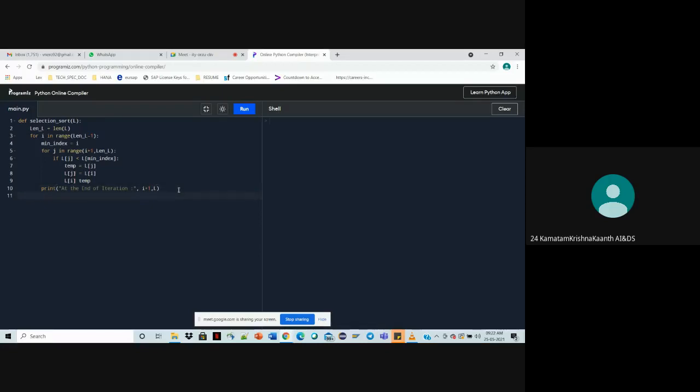Now outside of this for loop, we are going to return the final value of the function. Return L. Here, we haven't defined anything outside of the function. We haven't given anything to the list L. So here we are going to define it. We can give it our own list, or we can make the user give the list. So I'm going to make the user give the list.